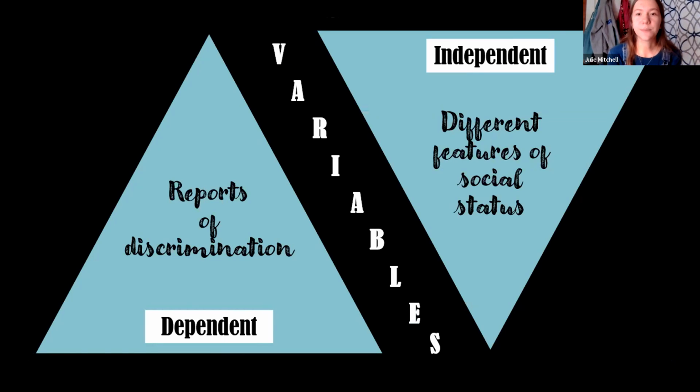Another thing I wanted to mention was the independent variables and the dependent variables. When we're talking about social class, a lot of the articles I was looking at base social status on different things: wealth, education levels, so do you just have high school or did you go to college, and also different careers. I don't know if that was similar in your research also, but that was noted in different articles. And then the dependent variables are going to stem from the reports of discrimination based on those features of social status.